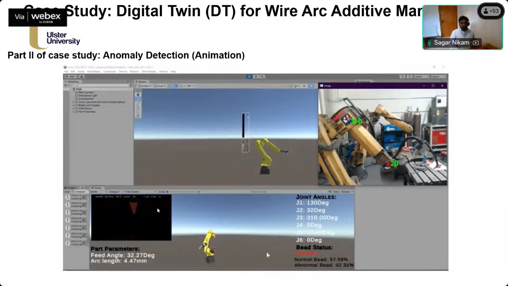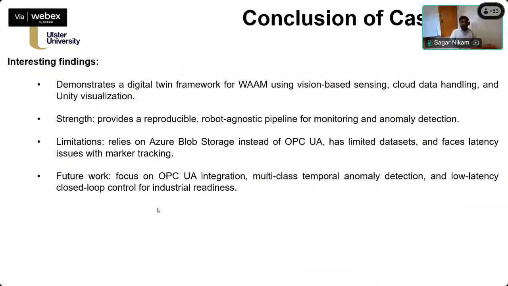In conclusion of the case study, some interesting findings can be seen, and some interesting things can be done with the digital twin framework, especially in the field of additive manufacturing, where vision sensors can be used to capture the real-time position, cloud computing to handle the data, and Unity software for the digital model.